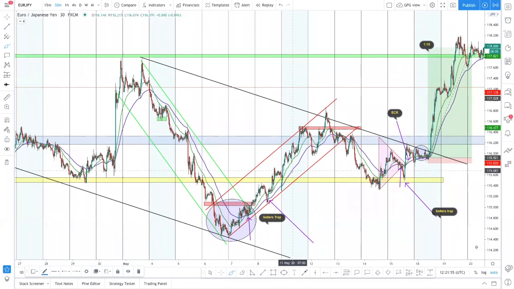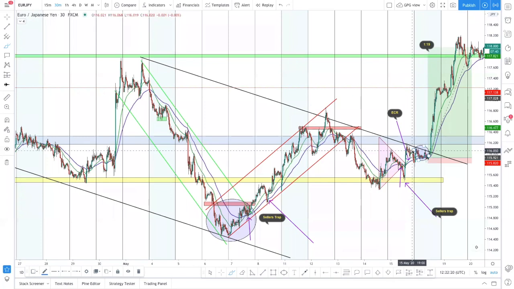And then price basically came up, created that new trend, came to this zone, broke it one more time, and then went to a wedge formation, broke out to the down, another seller's trap. It came up, hit the trend line and the zone, and failed to break it. Consolidation, almost